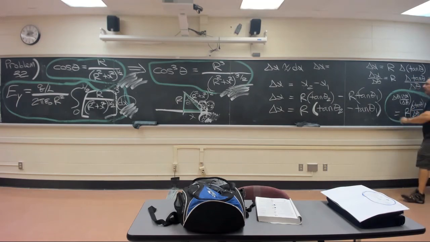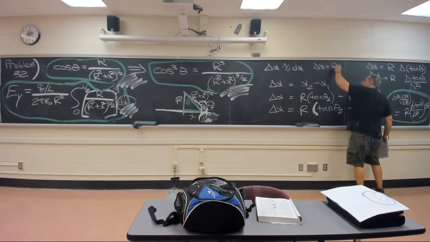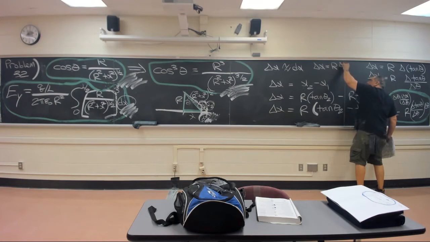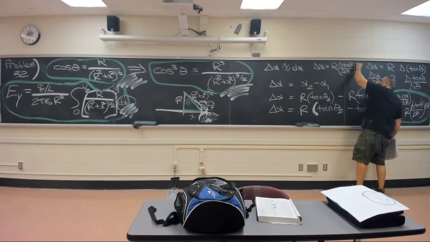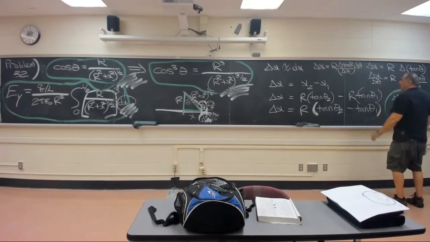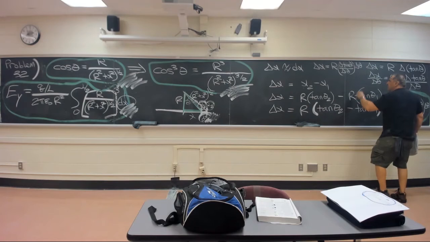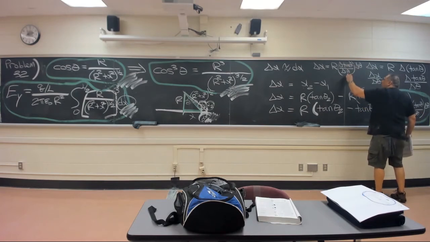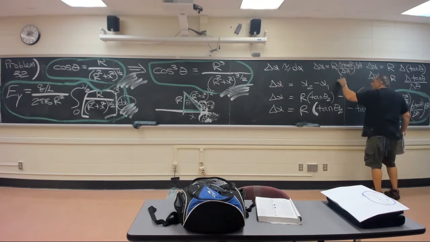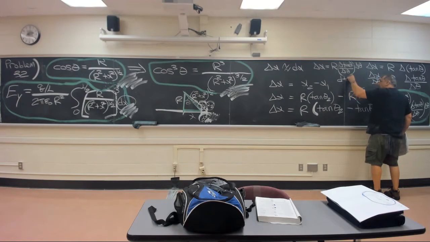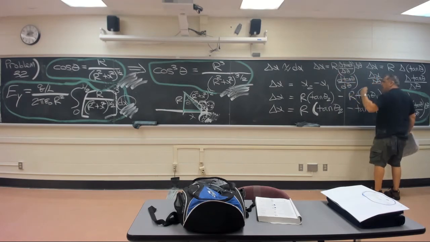R times delta tan theta over delta theta. Well, if you make the difference smaller and smaller and smaller, you're getting the derivative of the tan function with respect to theta. And if the differential is smaller and smaller and smaller,